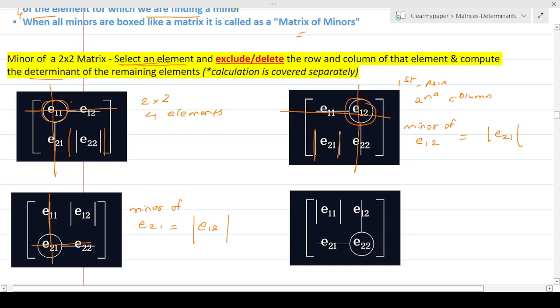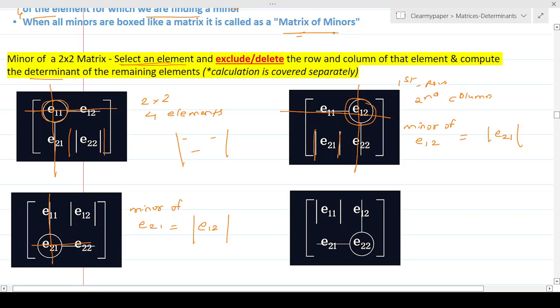And when you find the determinant, which I'll explain in a couple of episodes from now, you'll find that computing the determinant of a submatrix is a number. So when you combine all these numbers for the respective elements and put them back in their respective positions, it creates a matrix, and that matrix is nothing but the matrix of minors.